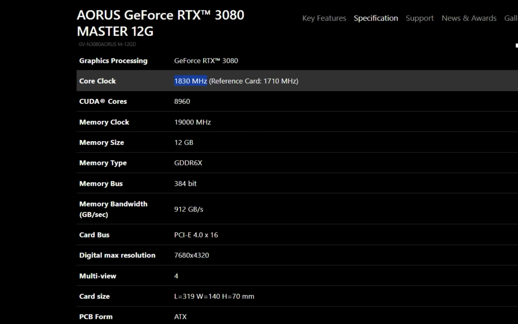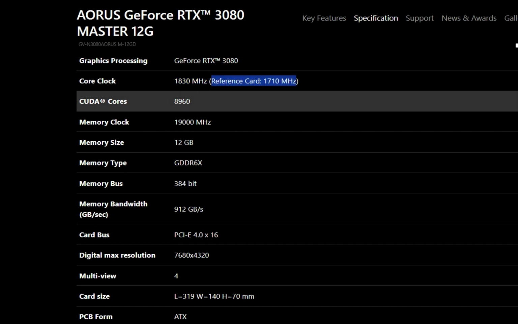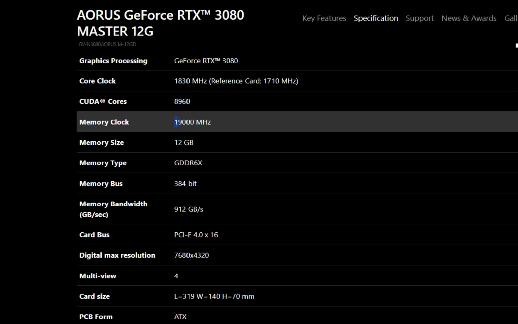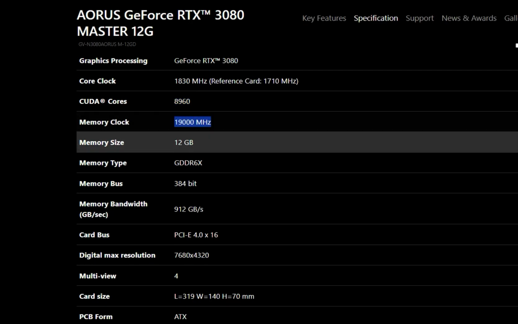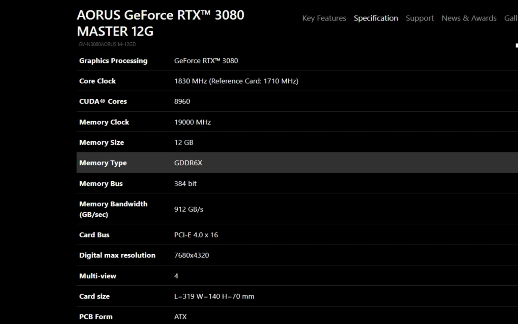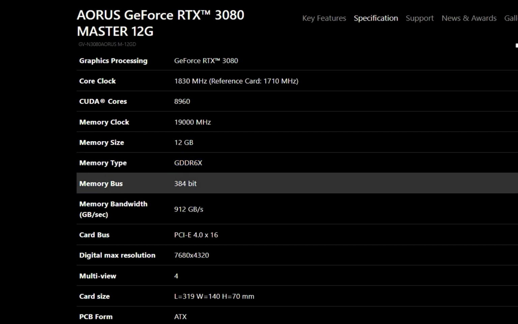1830 megahertz and reference 1710 megahertz, and CUDA cores which is 8960, graphic card clock speed 19,000, graphic card max size limit 12 GB, and graphic card type of GDDR6X, and graphic card bus speed which is transfer data to graphic card